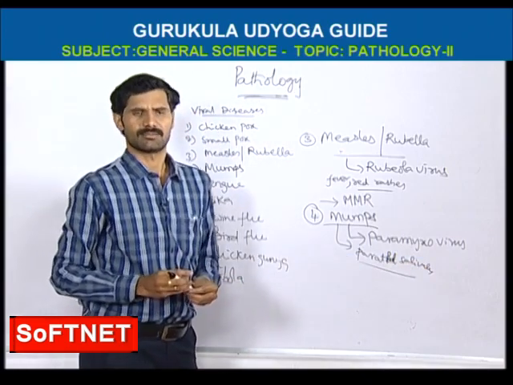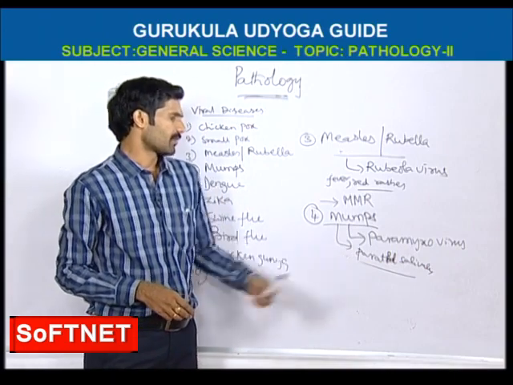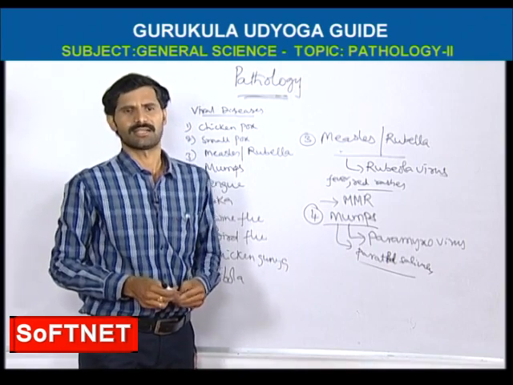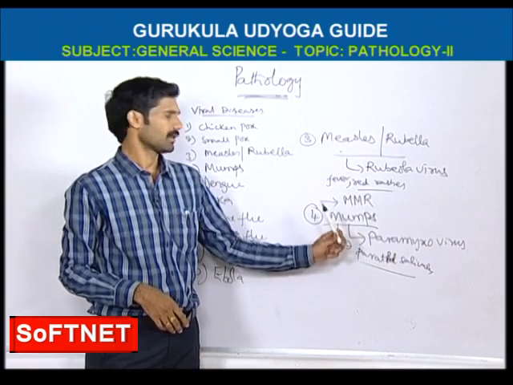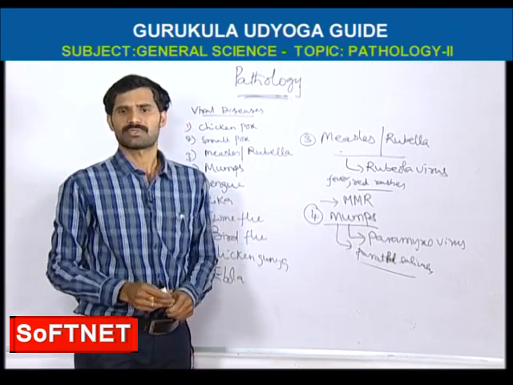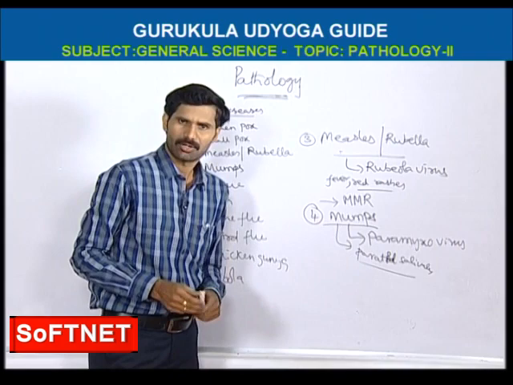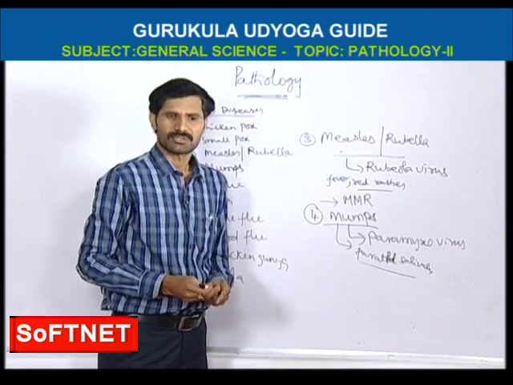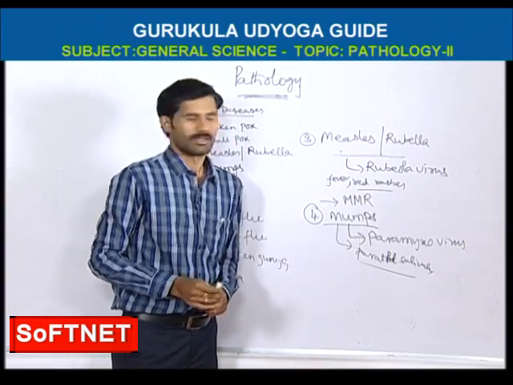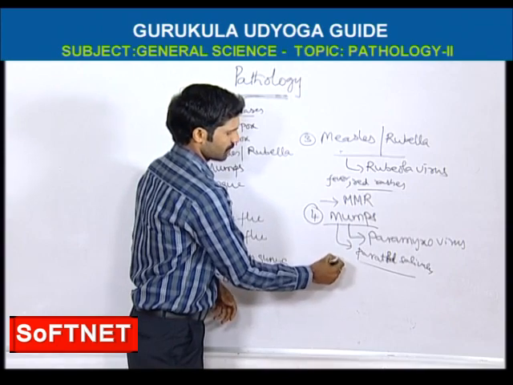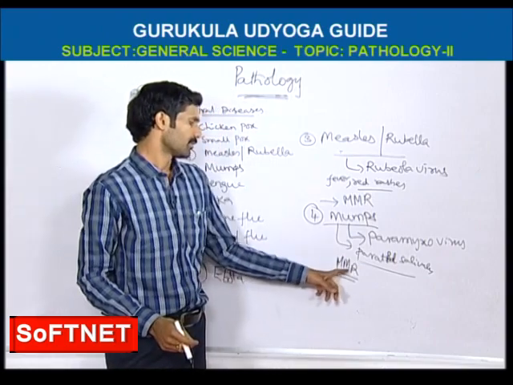The parotid glands are the largest salivary glands in man. There are 3 pairs of salivary glands in man, in which the parotid glands are the largest. The paramyxovirus affects the salivary glands, and mumps spreads through contamination of saliva, other fluids, or contaminated food and water. For the treatment of mumps we also use the same vaccine, namely the MMR vaccine: mumps, measles,